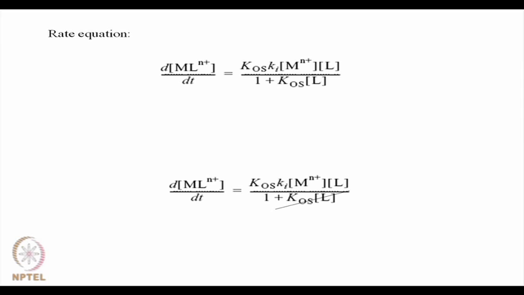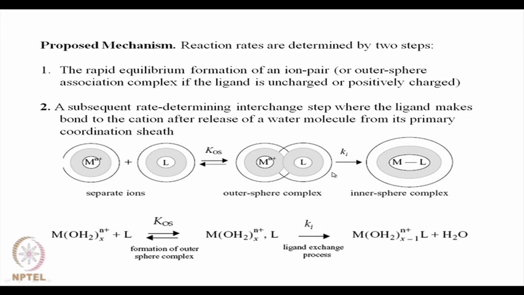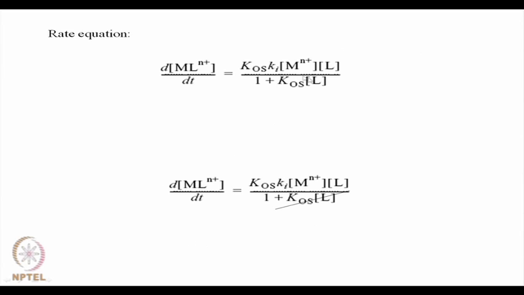Okay. So, the rate equation is this. It is a two-step process, as I talked about while discussing the diffusion control reaction, where we have a similar type of expression: d[ML_n+]/dt, that is the rate of change of concentration of this, equal to K_OS, the outer sphere complexation equilibrium constant, times K_i, the interchange ligand exchange rate